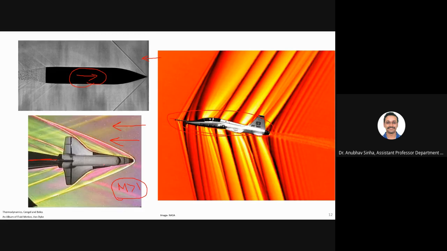So I'm making a statement that for shock formation, at the very basic level, I'm only concerned with the flow velocity. I don't care about the size, shape, or orientation of that object. It could be a large, full scale, actual airplane, and this is a small model. But for both conditions, we see shock formation because we have supersonic velocity here. That is all that matters.